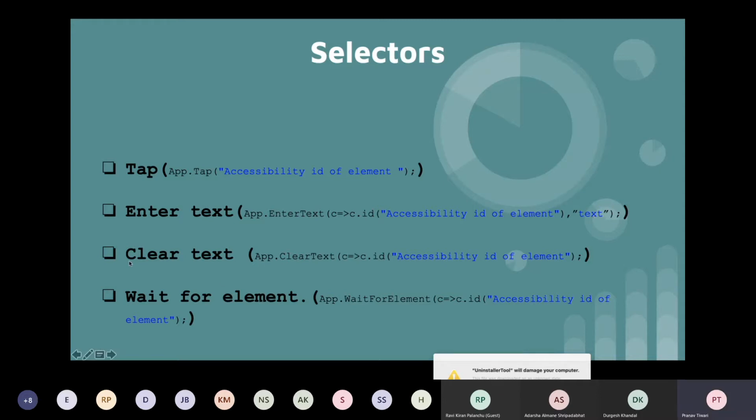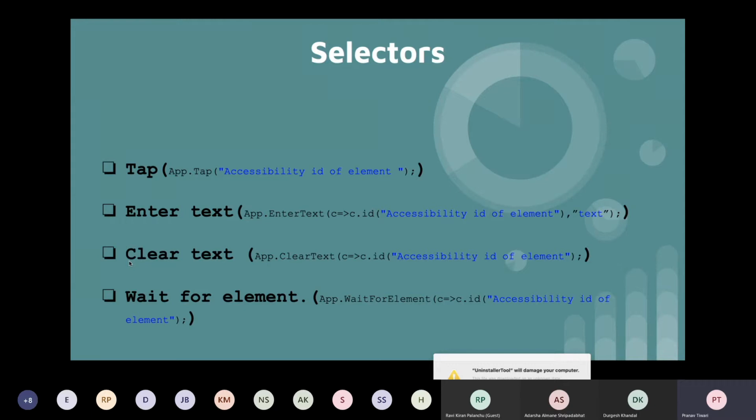Clear text. Suppose there comes a particular scenario where, on entering a particular text in the entry field, we want to validate that text and give an error message. In a situation like that, we have to enter a text in that entry field and see whether that validation message is coming or not.